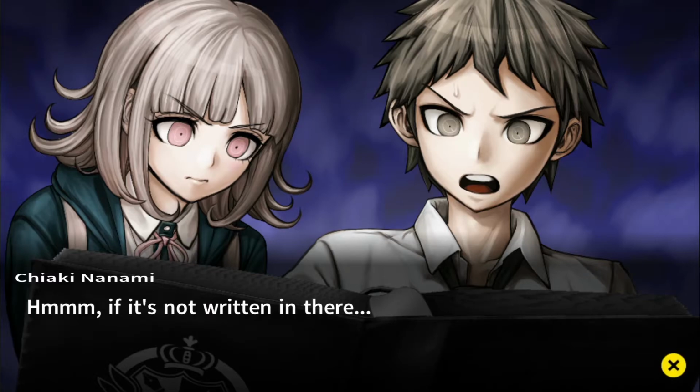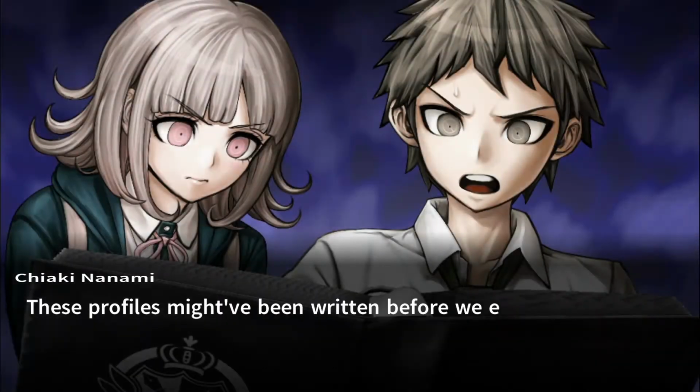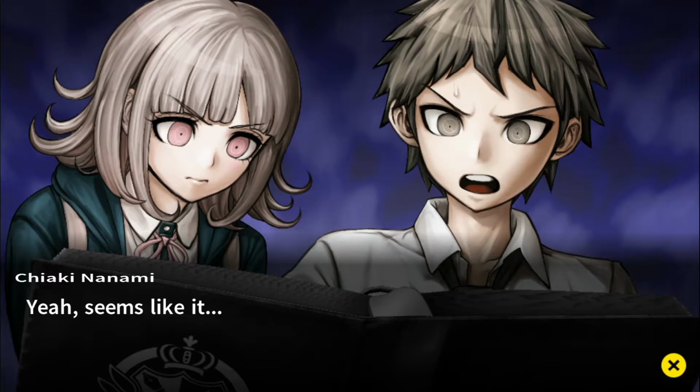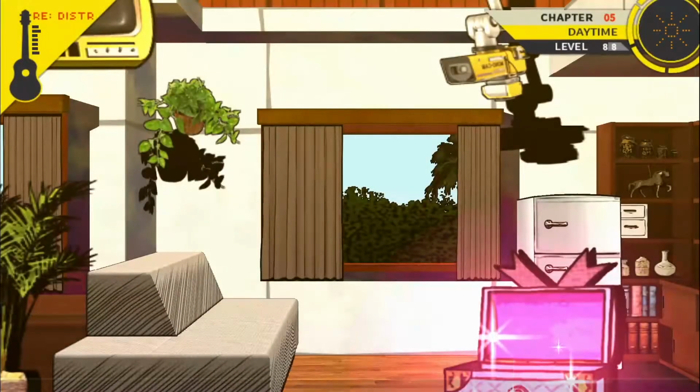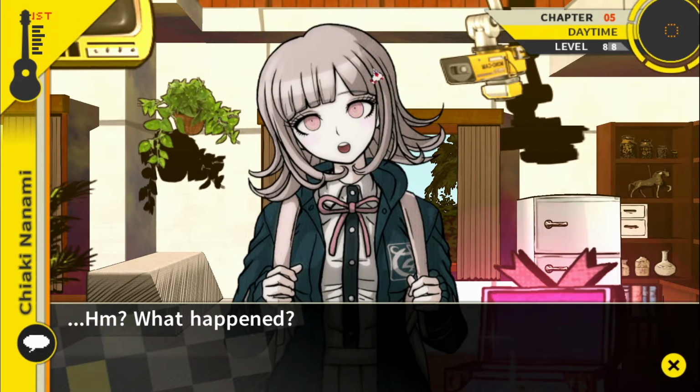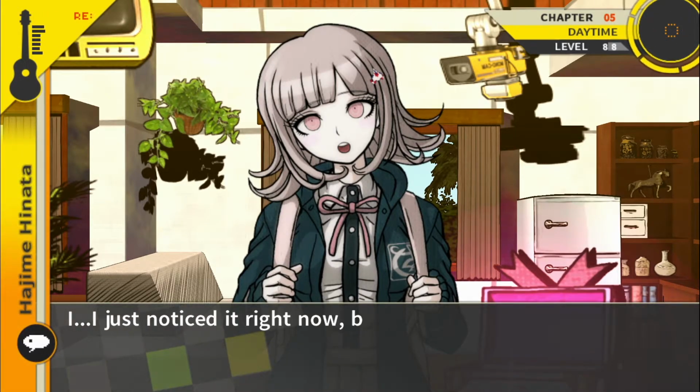If it's not written in there, these profiles might have been written before we entered the academy. Then it's impossible to obtain new clues from them. Yeah, seems like it. Hold on. Huh? What happened? I just noticed it right now, but...